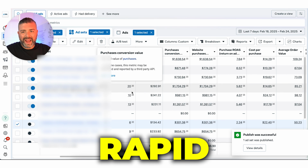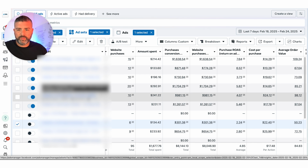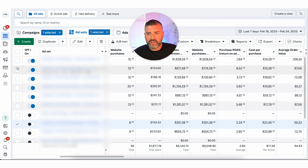Let's get back into it. So you guys can see rapid testing is the key. So each of these have their very specific angle that we're hitting based on the benefits of this product and who it serves. From here, we have a number of very similar